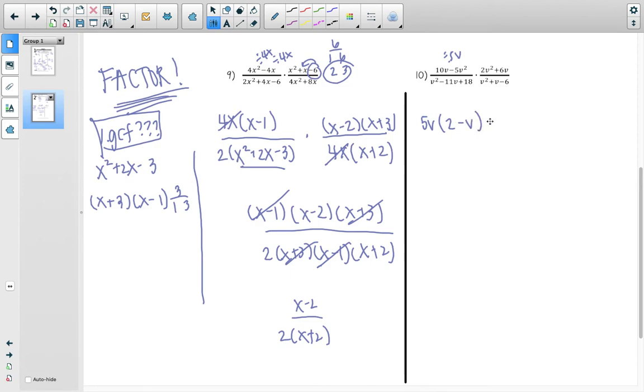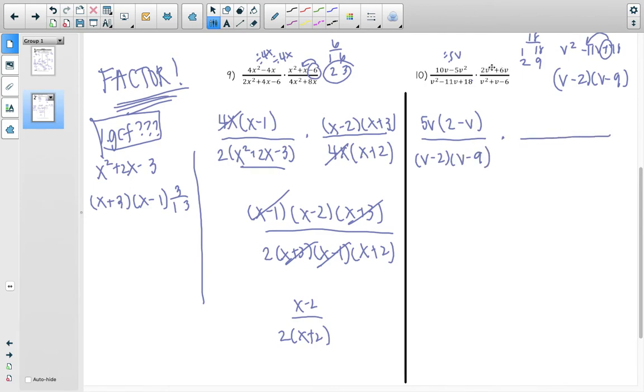Okay. On the bottom, it's a trinomial, so that's why you ask the factors of 18 that get you 11. So I want to write this over here. Factors of 18 are 1 and 18, and 2 and 9. I'm going to stop there because the 2 and 9 are what gets you the 11. Since this is positive, it's going to tell you both signs are negative. And that's true because negative 2 times negative 9 is positive 18. Negative 2 plus negative 9 is negative 11. So on the bottom here, we have v minus 2 and v minus 9